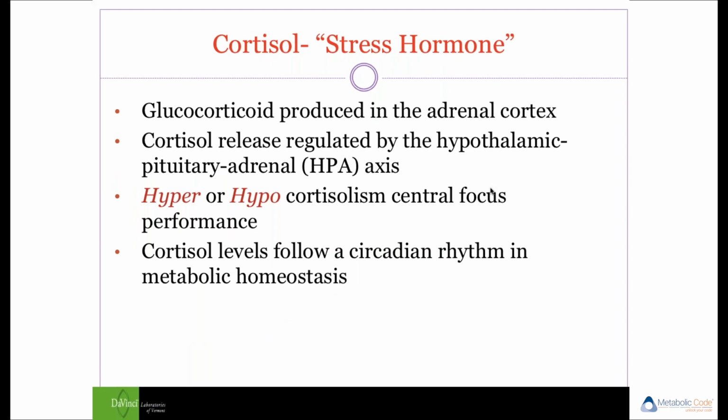So glucocorticoids are produced in the adrenal cortex, and as cortisol is released, it's a function of activation of the HPA axis, which begins in the brain through the hypothalamus, which then triggers the pituitary, which releases ACTH, which then turns on cortisol production. And we can have various stances of cortisol in the body, whether there's overproduction, so hypercortisolism, or hypoproduction, or low cortisolism, which really, as we term it, is a low allostatic load state, meaning that the body